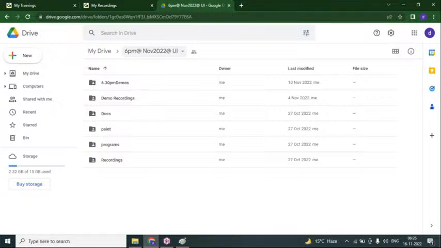Here, development IDE. Here I'll explain each and every program. Documents, paint files, programs, everything I'll create in my web page. So documents, HTML, all programs I'll explain to you. Here accordingly I'll explain